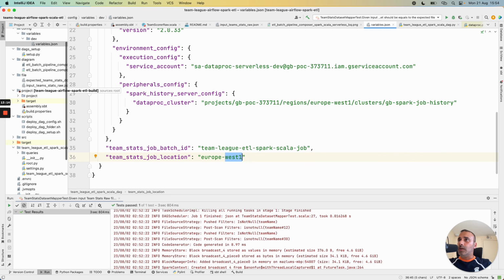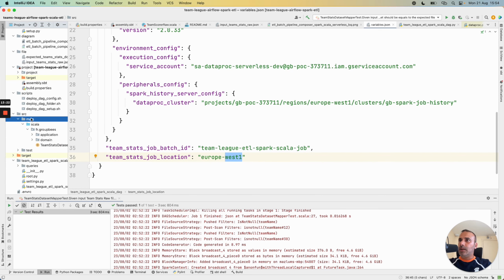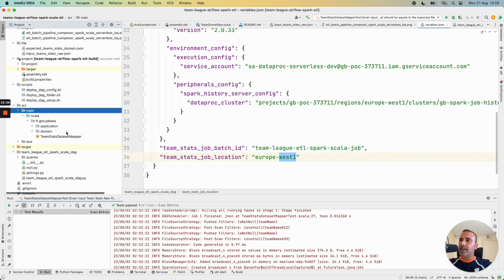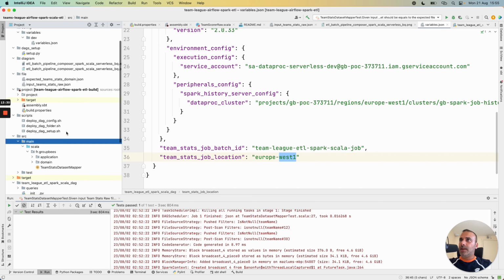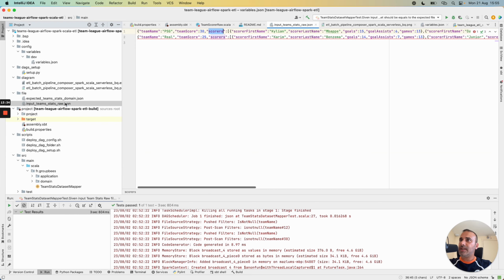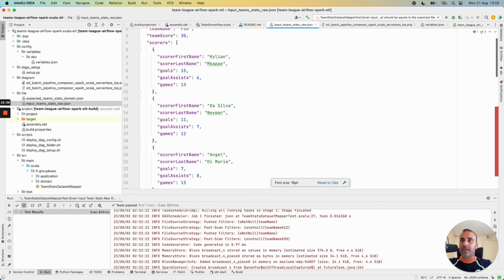Then for the code of the Spark job, as I explained in my previous video, I have this folder src, main and Scala, and this folder contains all the Spark Scala code. To show again a little bit the use case, it's the same use case as I explained in some videos.